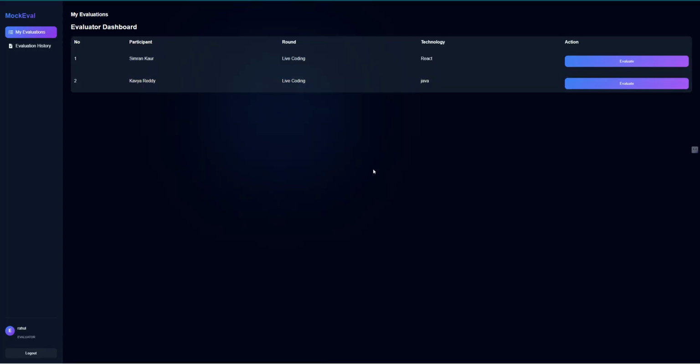So this is the evaluator dashboard. In future, we can add more features on this evaluator dashboard, like mark attendance and create timetable and all. But for our particular agenda, this dashboard also fulfills all the requirements. So two students are currently assigned to the